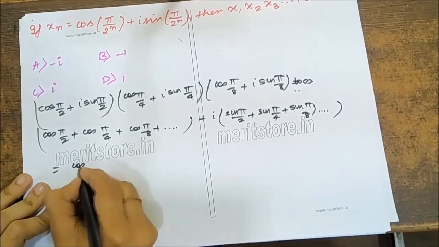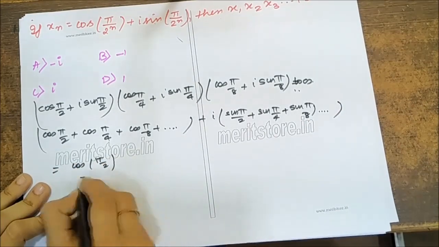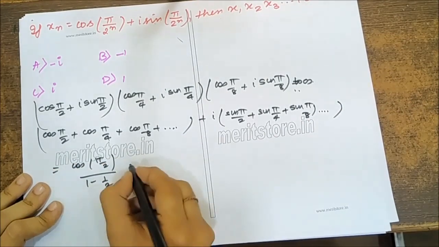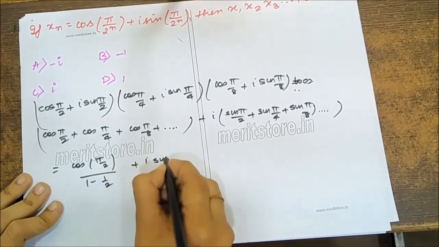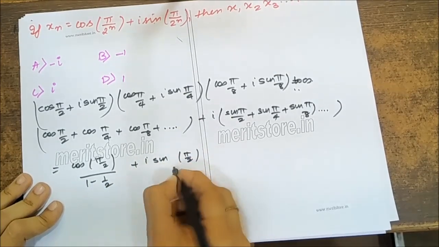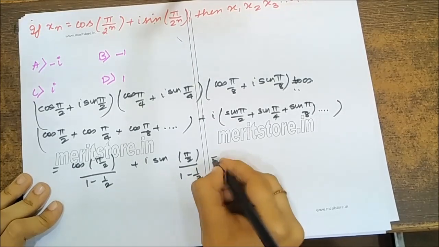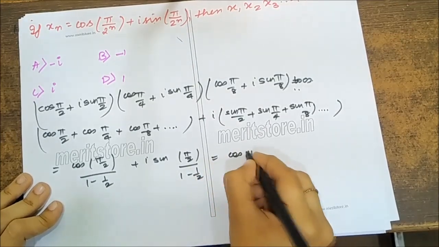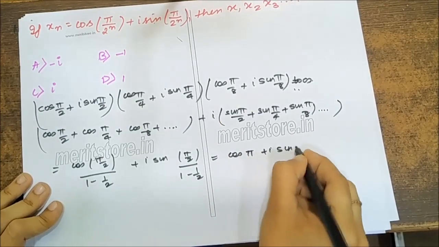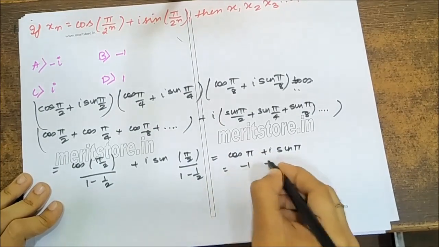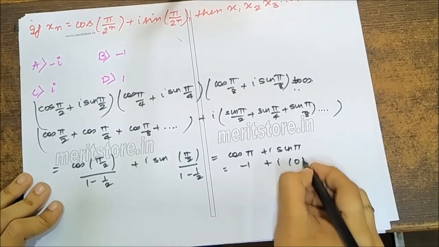So cos pi by 2 upon 1 minus half plus I sin pi by 2 upon 1 minus half, so cos of pi plus I sin pi, value minus 1 plus I into 0,